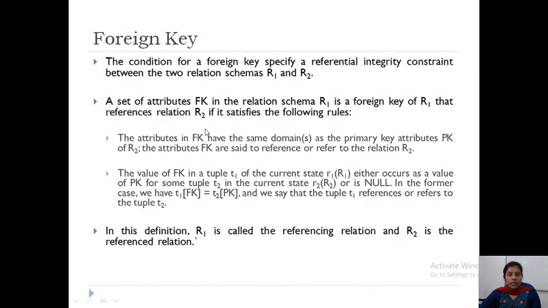Now, in the referential integrity constraint, we will use one more term, that is foreign key. You have seen super key, key, candidate, primary and all. Now, with respect to referential integrity, we have a concept called foreign key. The condition for a foreign key: it specifies a referential integrity constraint between two relation schemas R1 and R2.